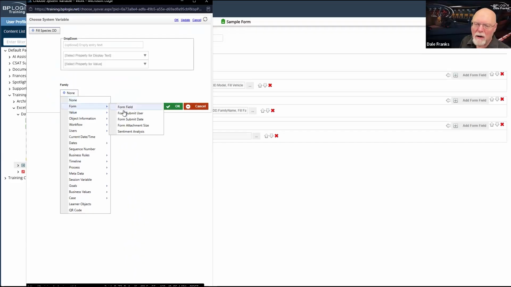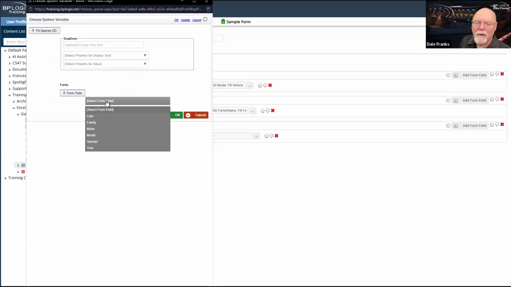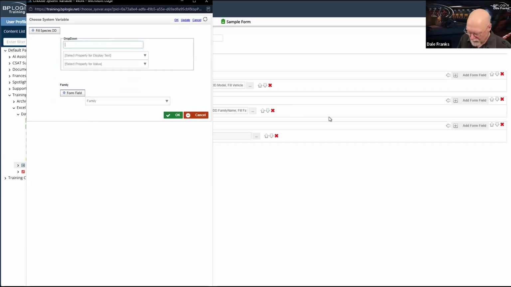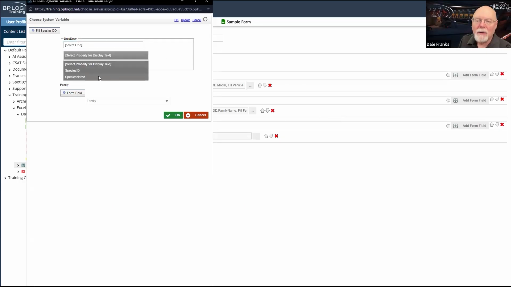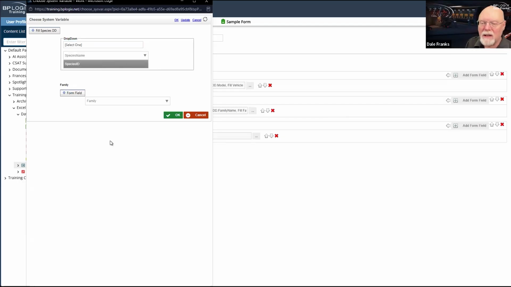We're already here. Let's just go ahead and fill it with our family dropdown. And we can once again select one. Our display text will be the species name, and our property will be the species ID.